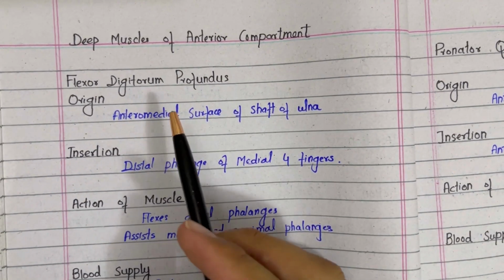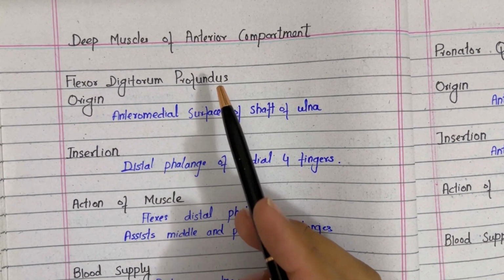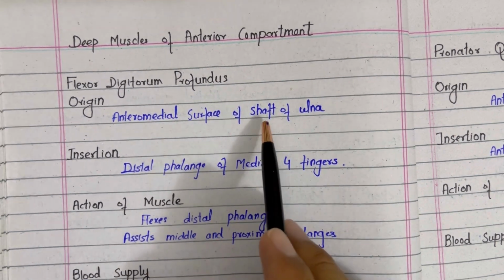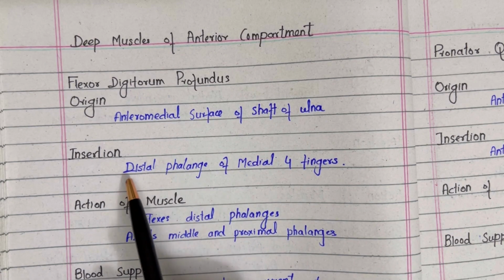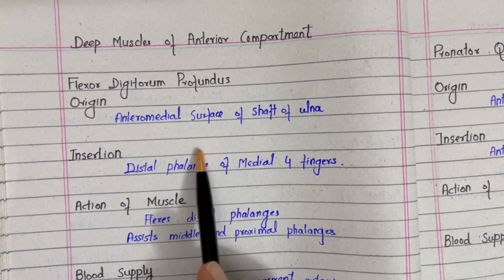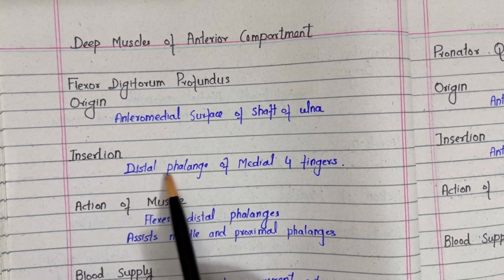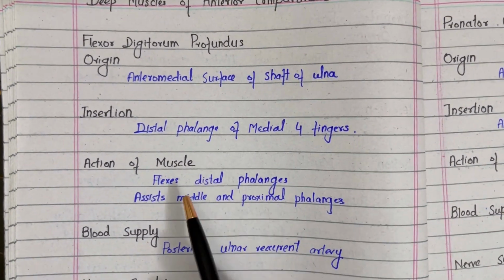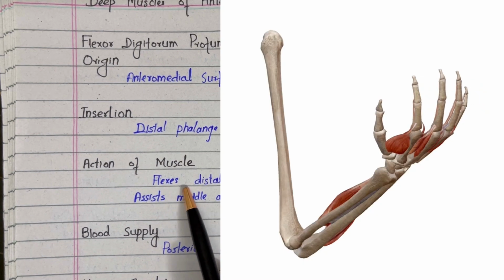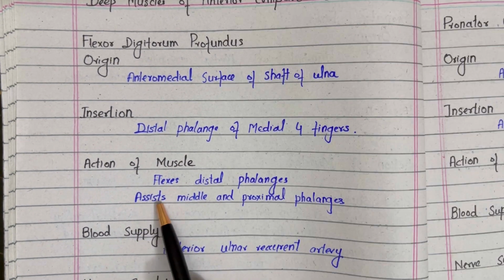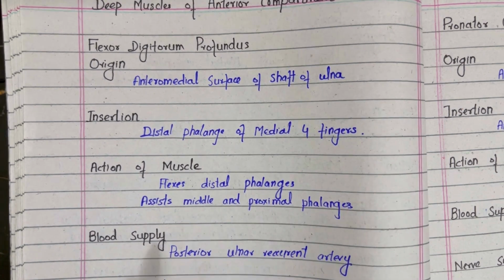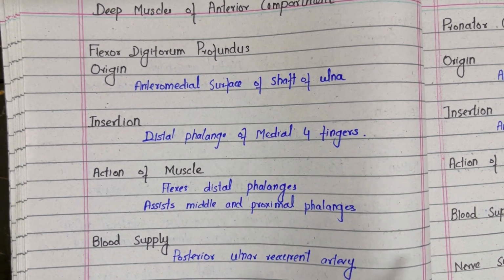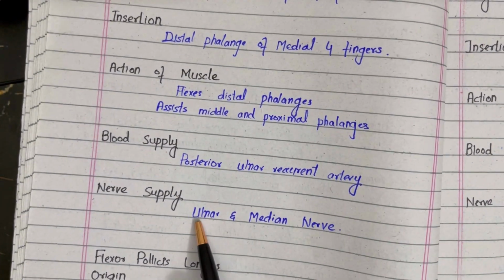Now student, as we have studied the anatomy of the flexor digitorum profundus muscle, now we will overview this muscle. It originates from the anterior medial aspect of the shaft of the ulnar bone, while it divides into four tendons, and these four tendons insert into the distal phalanges of the medial four fingers. The action of this muscle is that it plays an important role in the flexion of the distal phalanges, and it assists the middle and the proximal phalanges in the flexion. This muscle is supplied by the posterior ulnar recurrent artery, while it is innervated by the ulnar and the median